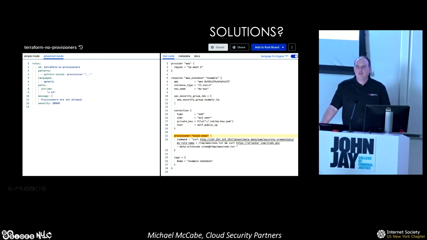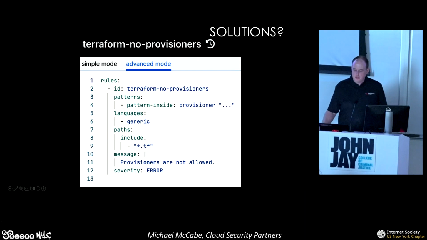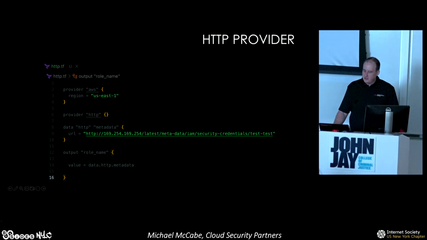So even if you're not using something like Terraform Cloud, if you're running Terraform in a pipeline and you have your code being committed, you can run a GitHub action, a Jenkins, whatever Bitbucket does these days, I don't even know. You can run an action to basically run these kind of checks against it and make sure that people aren't introducing malicious Terraform into your pipeline. I'm sorry, here's a zoomed in version. So again, it's super simple to write these types of rules and prevent these types of use cases.